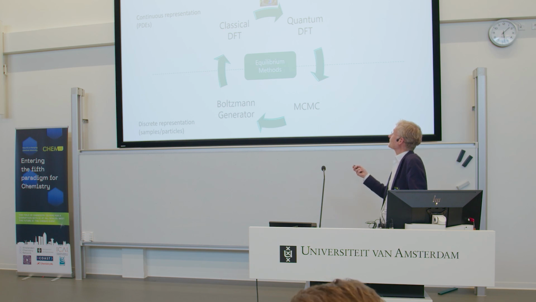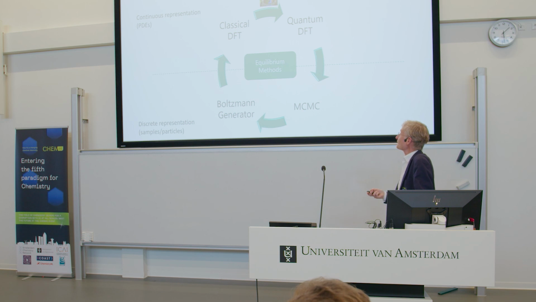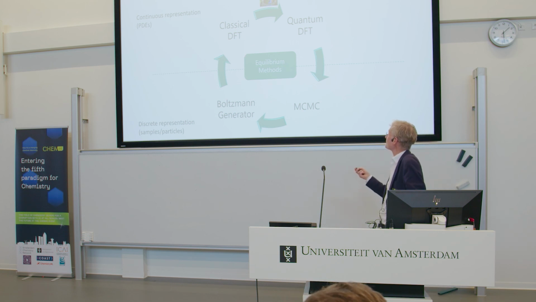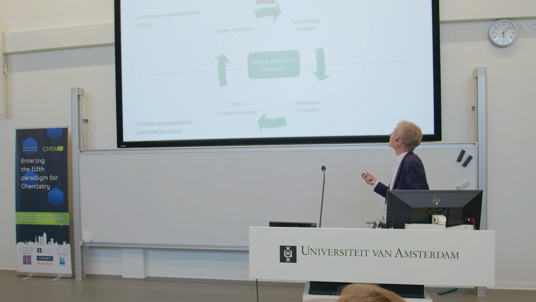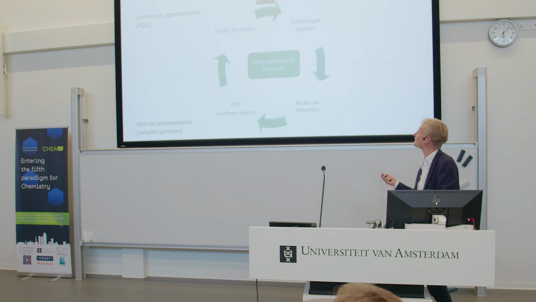And then in this corner is classical DFT. It's at the thermodynamic level, but it's the same technology as here, minus the quantum effects, but it's the same tools. And so you see there's actually an interesting bridge across the scales, using the same methods to describe the physics. So this is equilibrium methods, and then there is a similar thing for non-equilibrium methods,